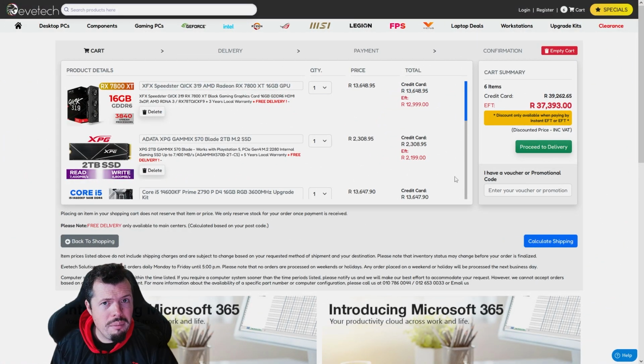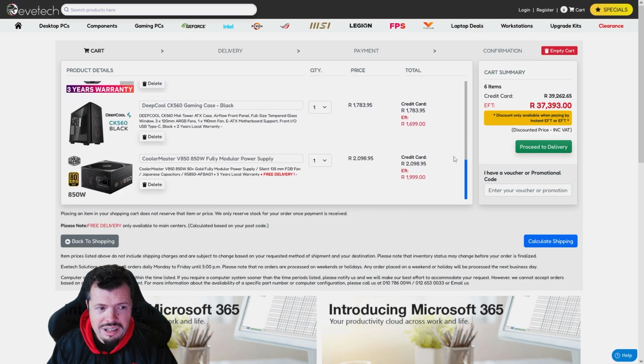And that brings us to our primary cart. With all of these components in, you're gonna look at 37,400, which leaves us 2,600 Rand for peripherals, which is a little bit narrow. I'd say you're probably gonna look at more like 3,600 for the peripherals I'm going to suggest, but I'm going to now give you multiple suggestions outside of that,